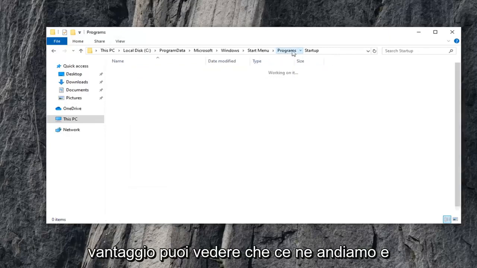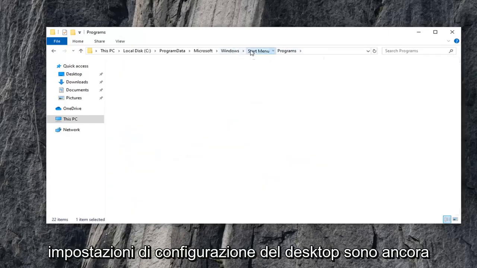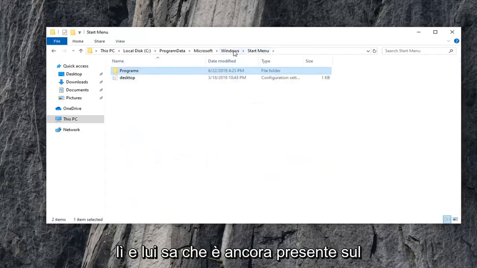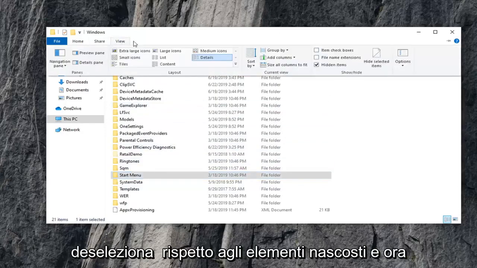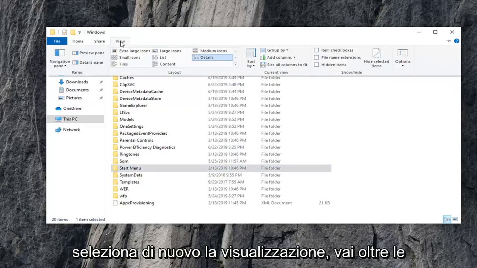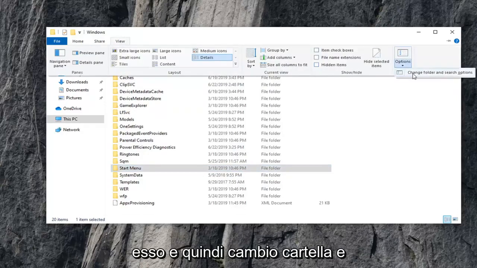Once that's deleted, you can see we back out of that and go back to Programs. You can see the desktop configuration settings are still there, and you can notice it's still present on our computer, which is fine. Now you want to select the View tab again, uncheck where it says Hidden Items, and now select View again. Go over to Options on the right side, left click on it, and then select Change Folder